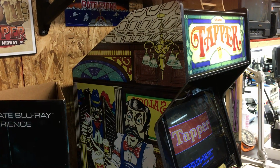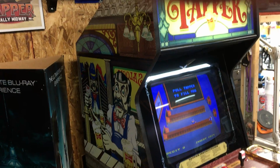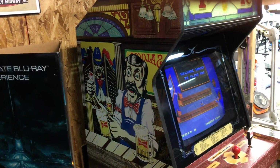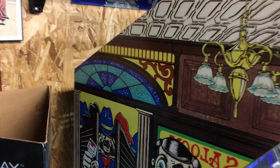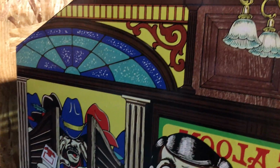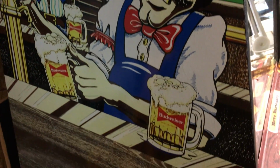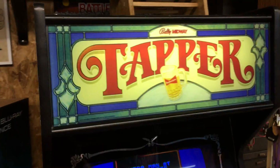This one did have the color art from the factory, but it was in really rough shape. So a guy named Markle, I believe, on Clove is making the art now. Or he was. I bought this art about 2 years ago. And let me just tell you, this art is fantastic. The art just looks beautiful. He did such a good job on the art. Put a brand new